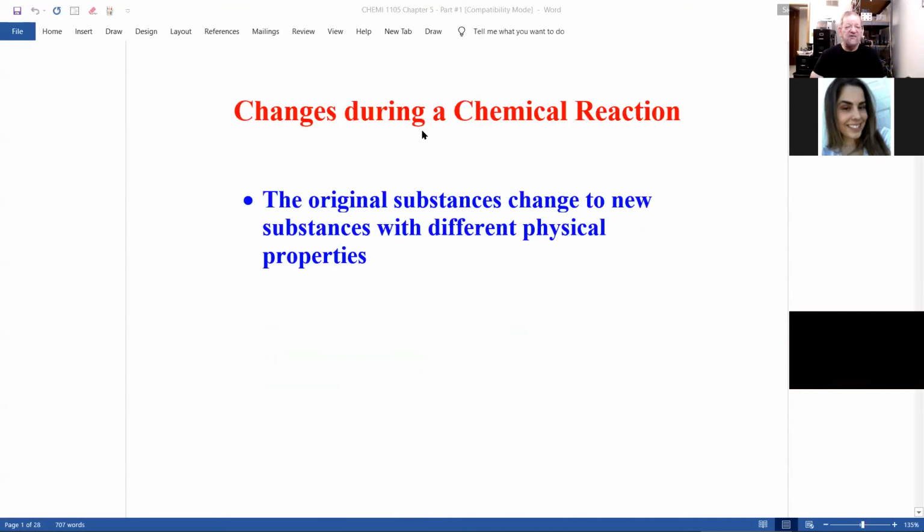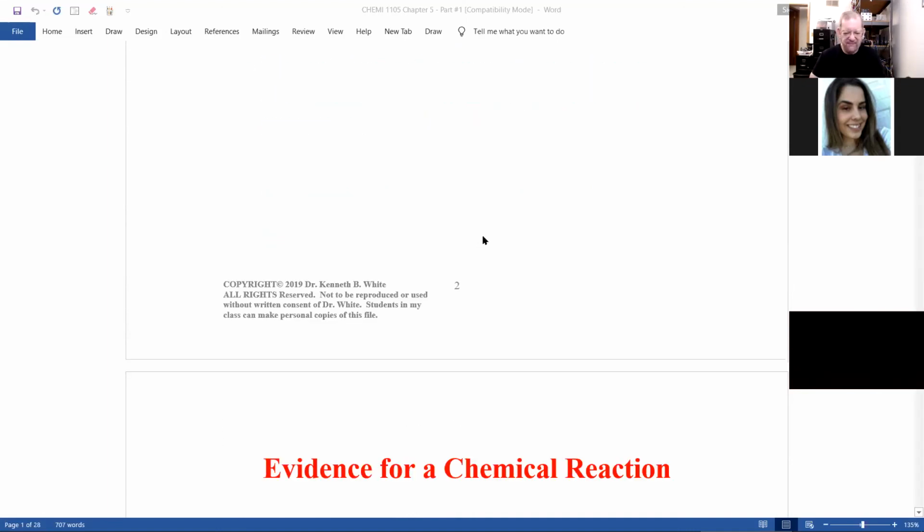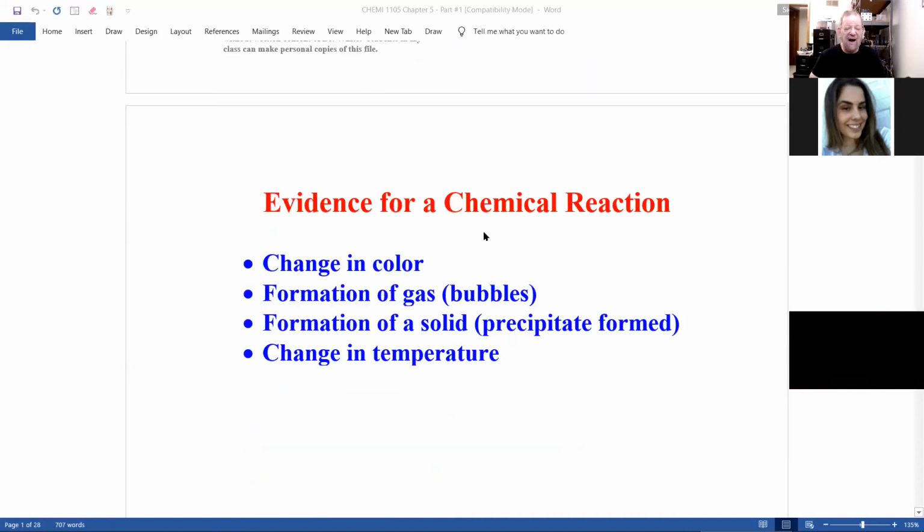Now, changes occurring during a chemical reaction. Same thing. The original substance is changed to a new substance with different physical and chemical properties. Uh-oh, the chemical properties thing came off there. Now,